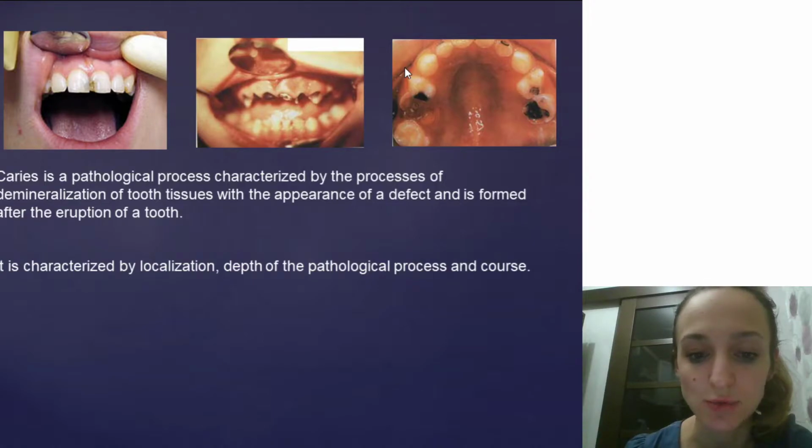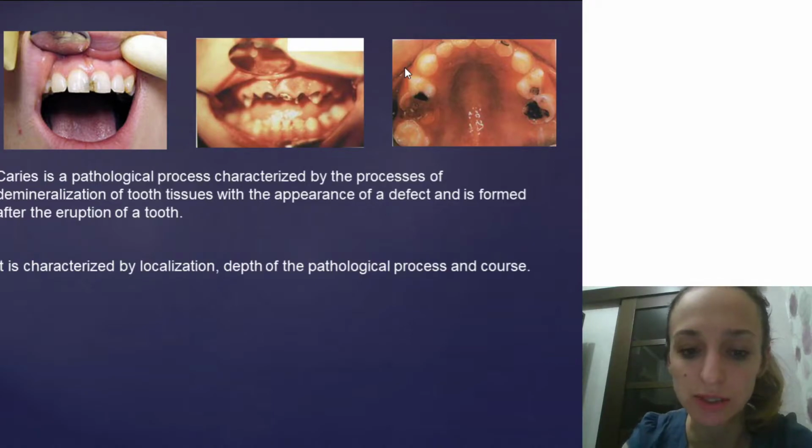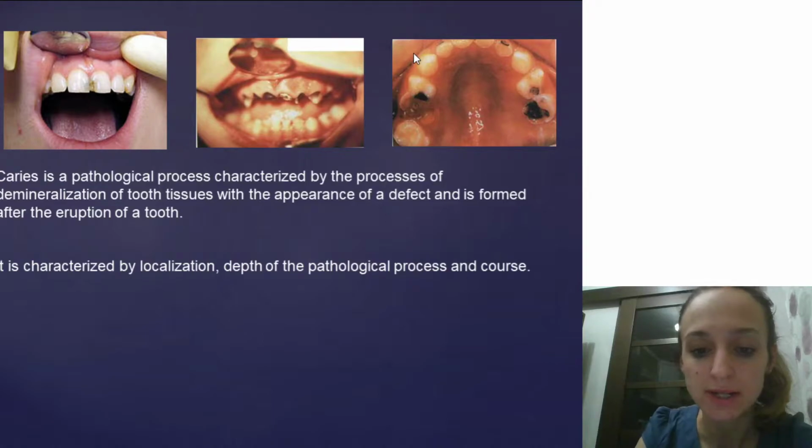So the caries index for children with mixed deciduous and permanent teeth is marked as DMF, big letters, plus df, small letters. And the intensity in 12-year-old children is the basis for the assessment of the state of hard dental tissues. So the caries intensity growth index is used for assessment of caries progress and its prevention.